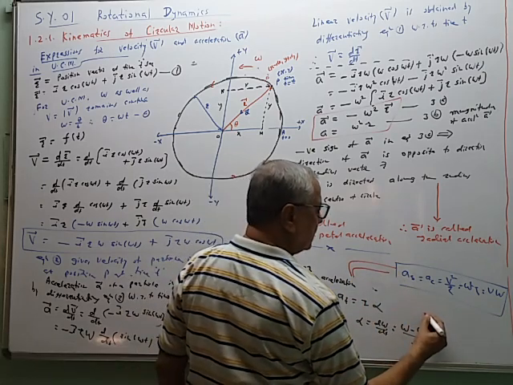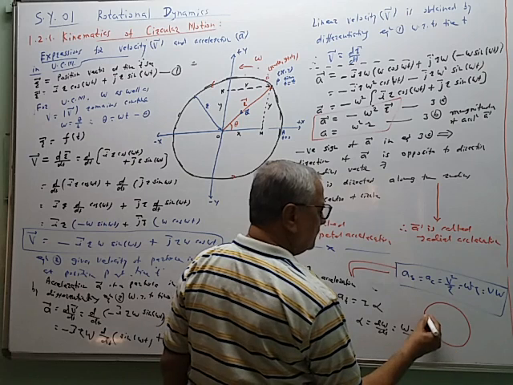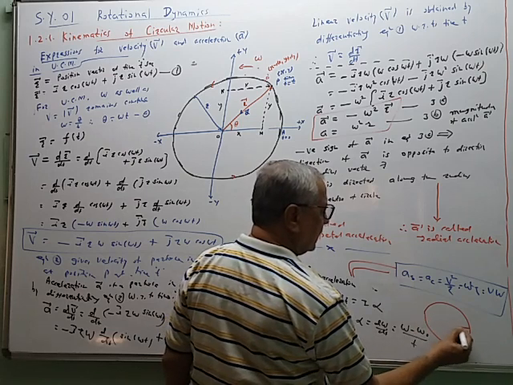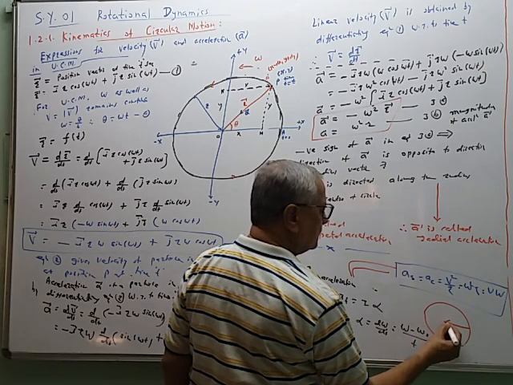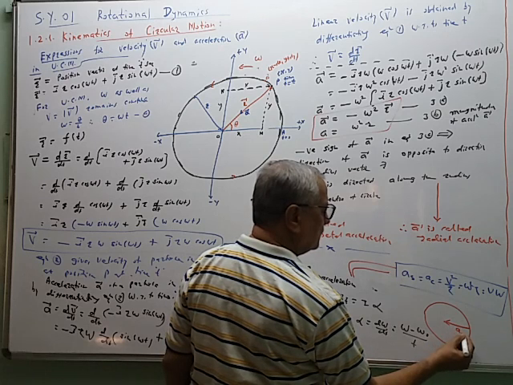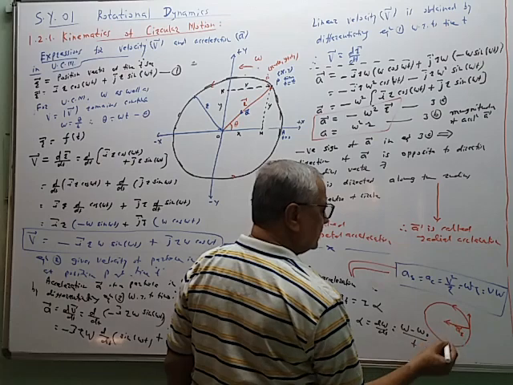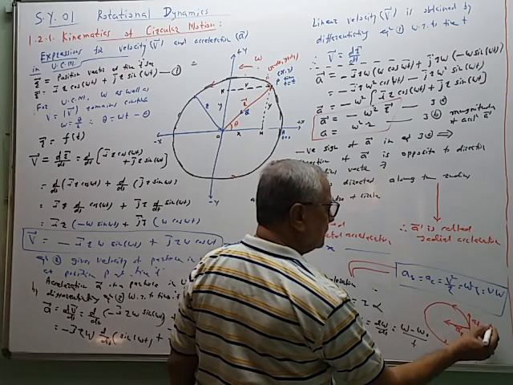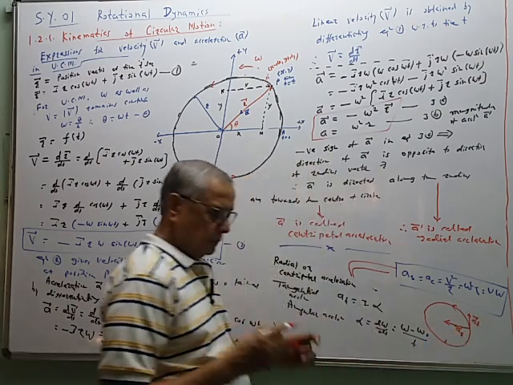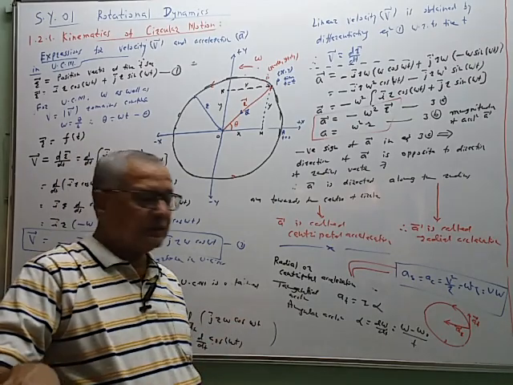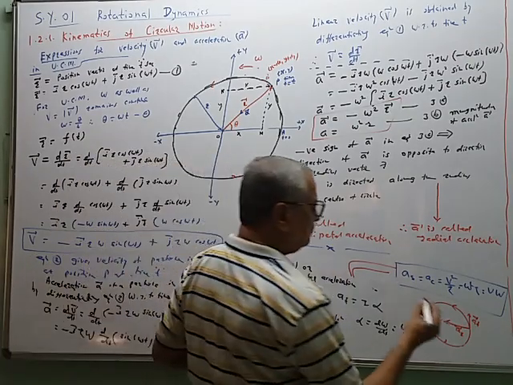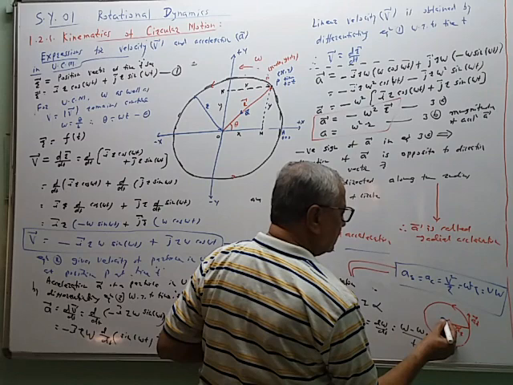So if this is a circle, then AR is in the direction, AT is in the direction, motion is in the direction. AT, radial acceleration, tangential acceleration, and alpha is given